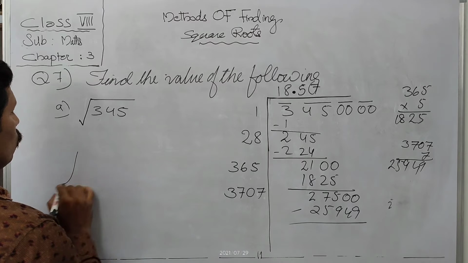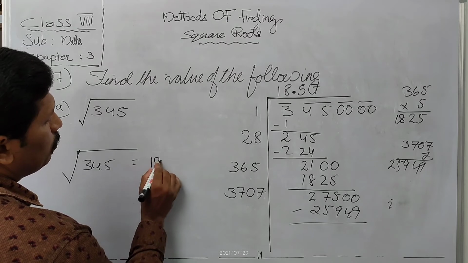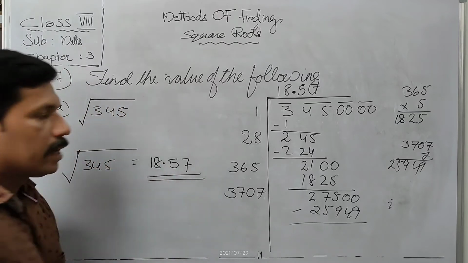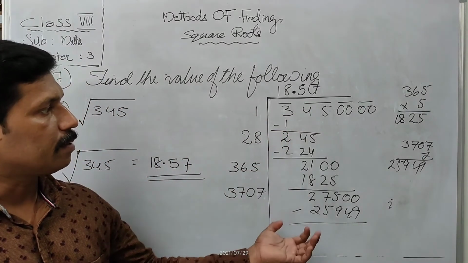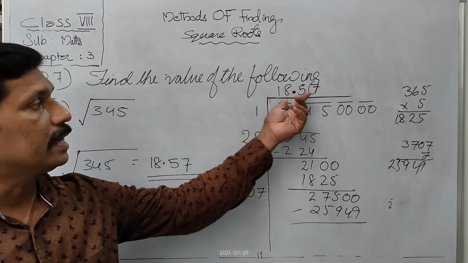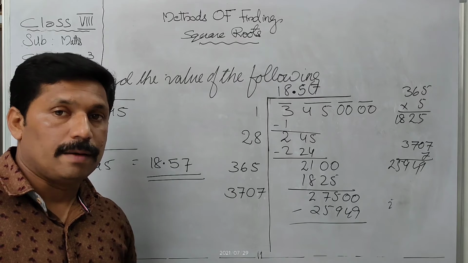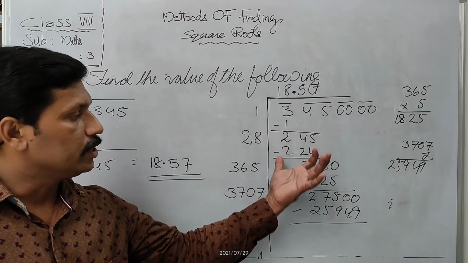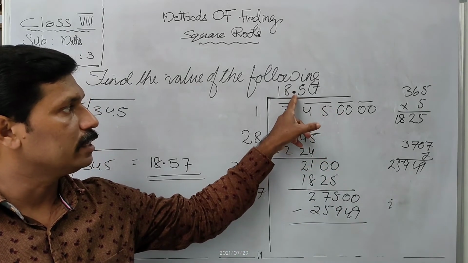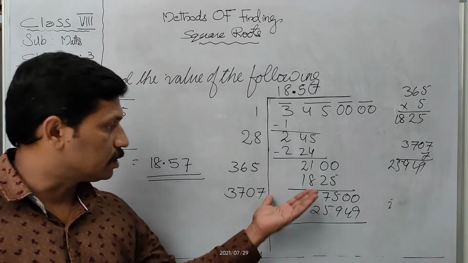So we can write root of 345 is equal to 18.57. If we continue, we get more digits. Okay, we can stop from here itself. Okay, students, in this way, sometimes if the number is not a perfect square, then we will get a decimal. If we continue, we will get a decimal point and decimal number in the square root of that number. So take this example. Whenever the digits are over, we place a group of 0 at that time. Don't forget to put a decimal point in the quotient, and afterwards you can continue the process.